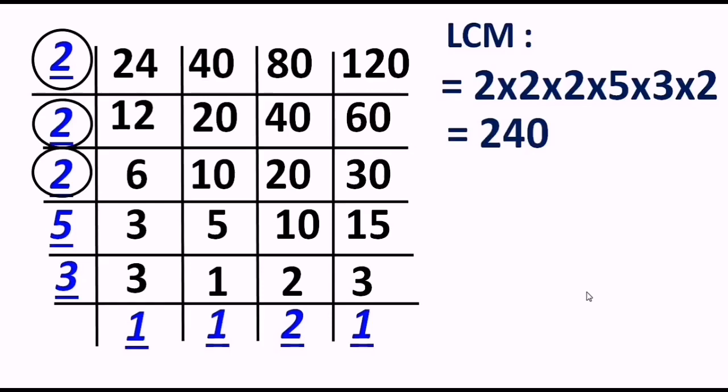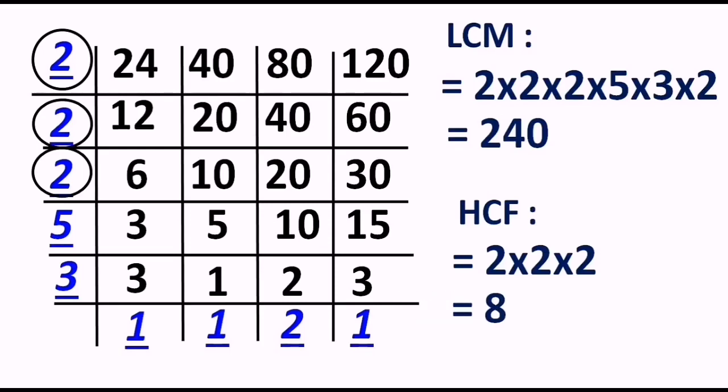Boys and girls, you can split the numbers for multiplication. Multiply 5, 3, 2 first and then 2, 2, 2 over here. That makes 8 into 30, and that results in 240. It's your wish how to multiply it. Then to find the GCD, the way we decided, we have to choose only those numbers which are in the circle, because they have divided all 4 numbers of the question or of the layer, correct? And hence 2 times 2 times 2 is what is going to make our HCF, and that is 8.